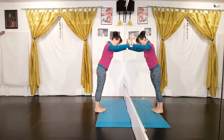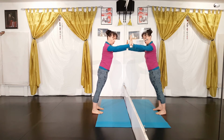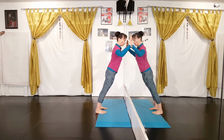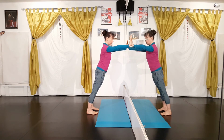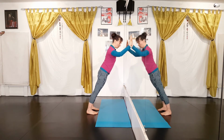Glue your hands to the wall. And again, intensity is depending on how close you are to the wall. So start close, and if it's too easy, then just step further away. Let's go for 10. So 1, I'll step further away. 2, 3, 4,